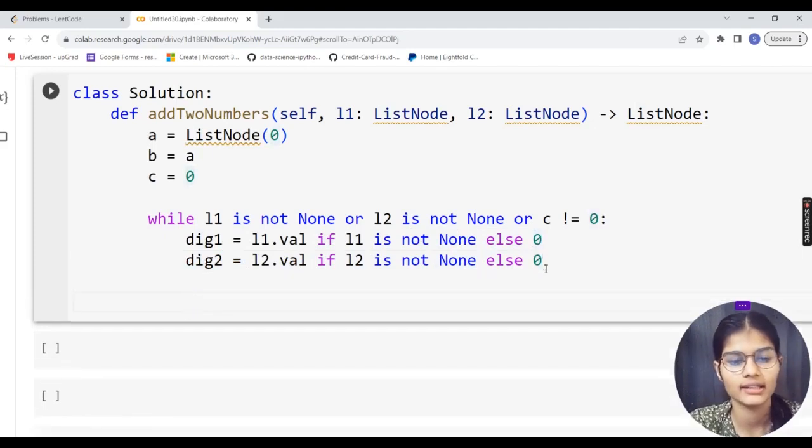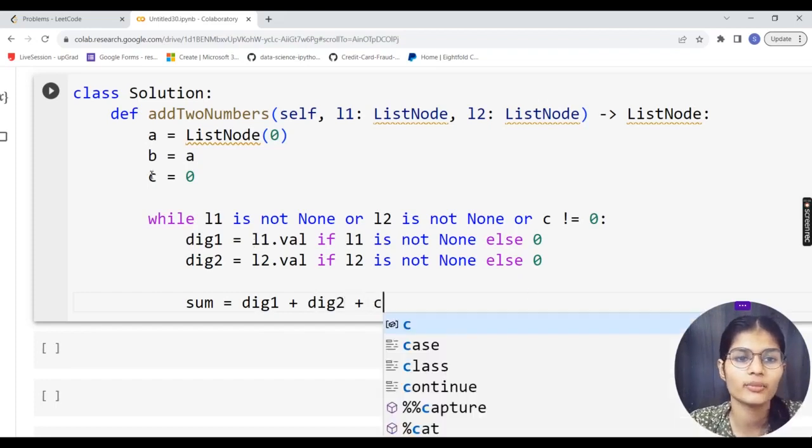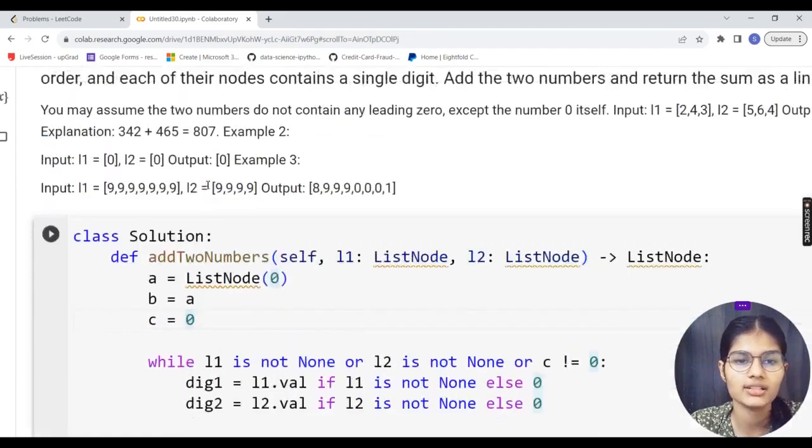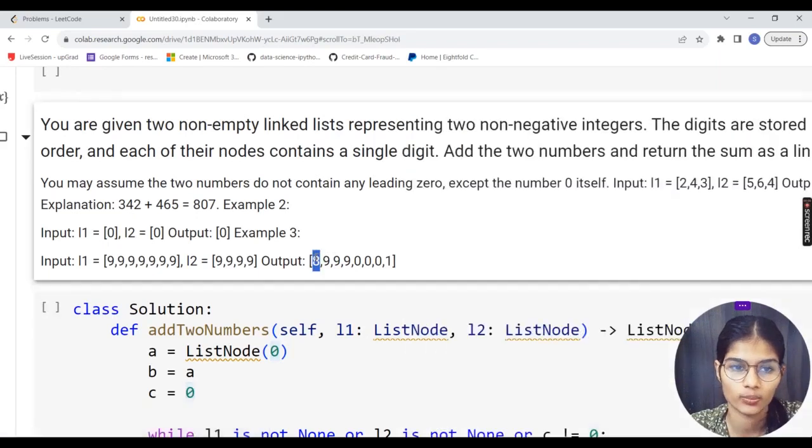As simple as that. Now I will make a variable sum, and I would add my digit 1 plus digit 2 plus C. Now the C is referring to my carry. See what was happening, if 9 and 9 are getting added, 1 and 8 is my result, 18. So 1 is getting carried and we are getting 8 as output.